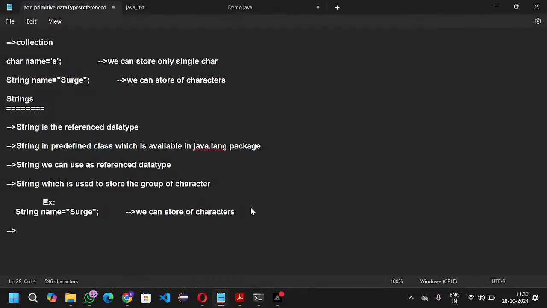Next point is, string is immutable. Already you know what immutable means. Immutable meaning we cannot change the value. I can say string is immutable. For example, if you see here, the data type is String, and the variable name I declared is name. Whatever value I am passing to this variable,